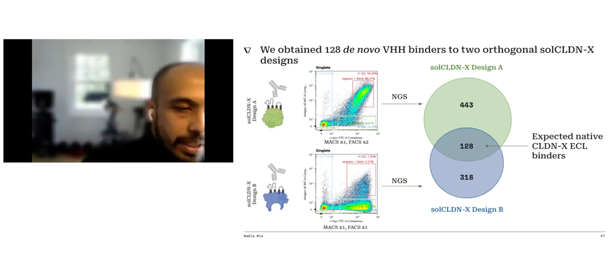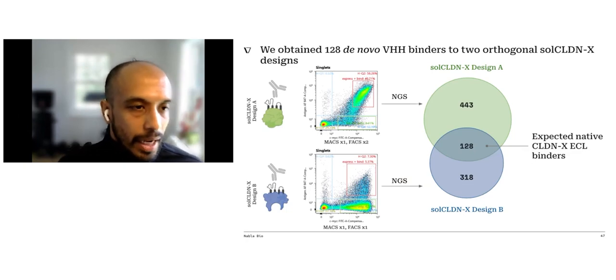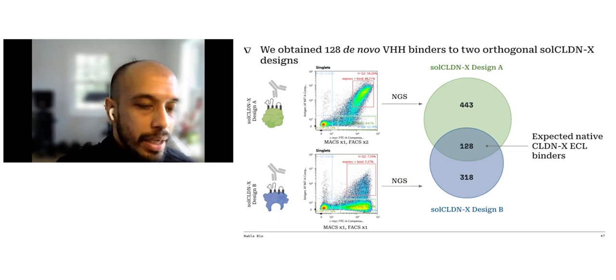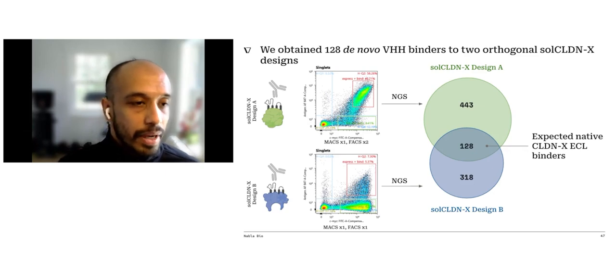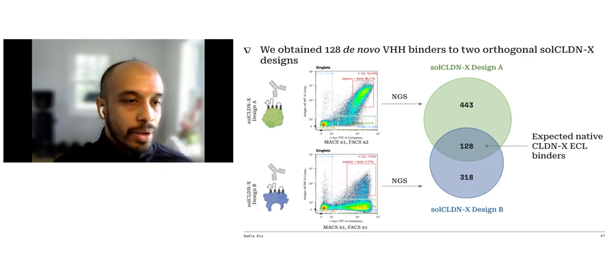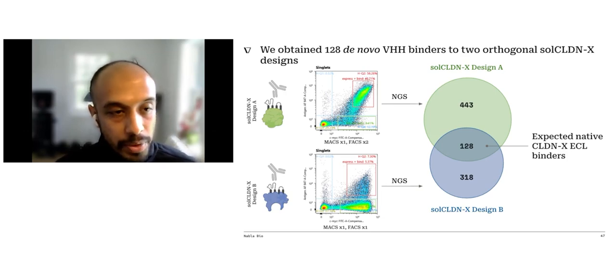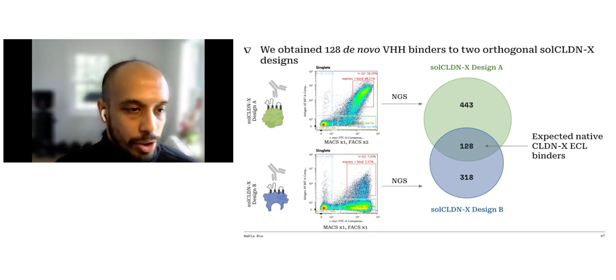So we took those 50K VHHs and through a series of MACs and FACs, isolated a population of binders that were binding sol-claudin X, either design A or sol-claudin X design B. The difference between design A and design B is that the scaffold regions of these two sol-claudin proteins are completely different. So if you have a VHH that is binding both of them, it's reasonable evidence that it's binding a shared structure on both of the sol-claudin proxies,